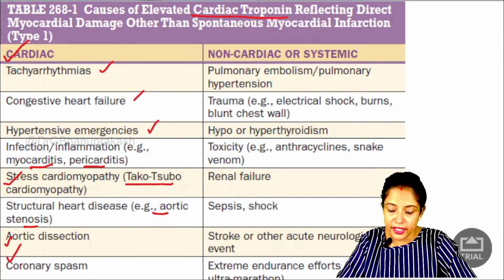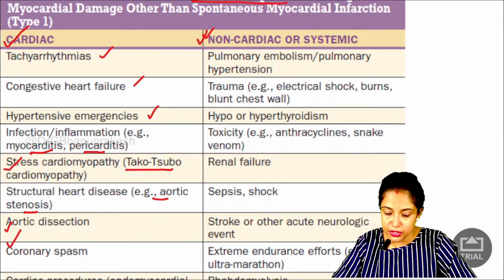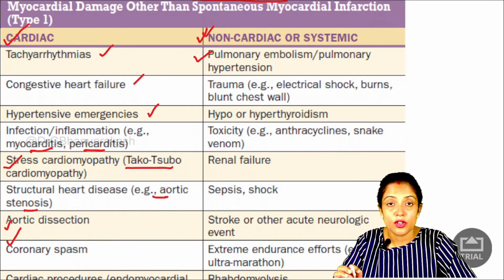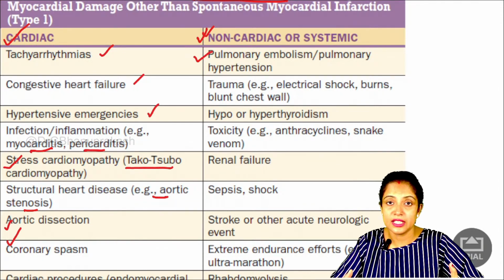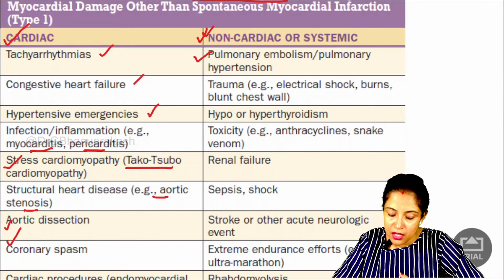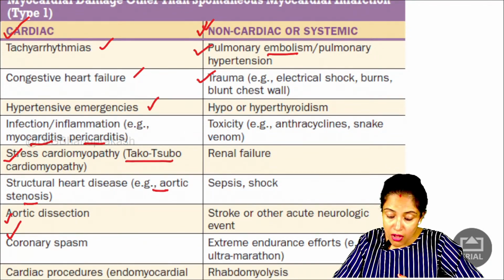There are certain non-cardiac causes as well. So what are the non-cardiac causes? We also need to remember these causes. Pulmonary embolism is one of the very important causes. In pulmonary embolism, the patient will present in the same way, with pain, breathing difficulty, tachypnea. The presentation is like an acute emergency. Then pulmonary hypertension, chest trauma. It may be because of blunt trauma, or burn, or electrical shock, hypo or hyperthyroidism,